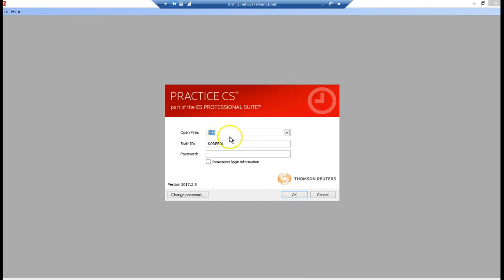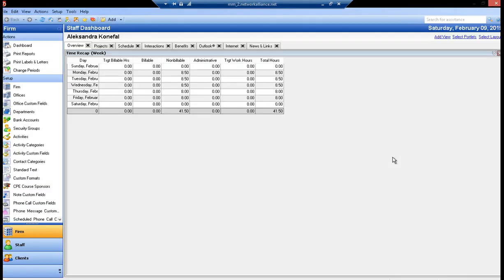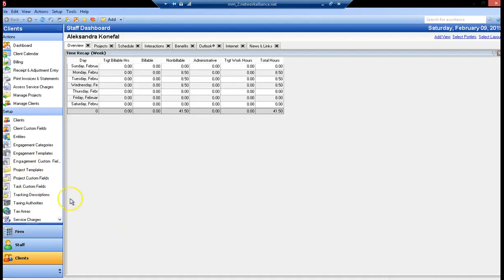And then once we're in here, we're going to have to put in that password once again. Your open firm is always going to be MM for Miller Masmar. Your staff ID is mostly going to be your last name, and then your password is the one that you're going to create for yourself. Okay, so once we're in here,